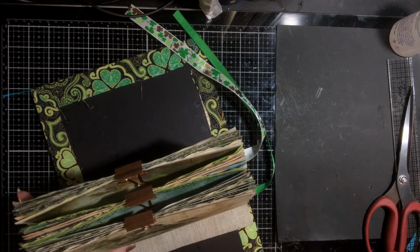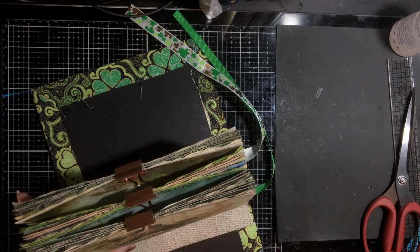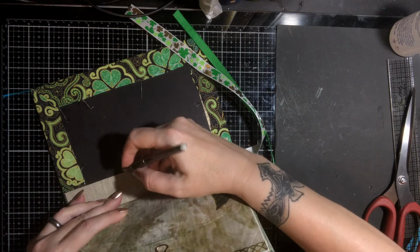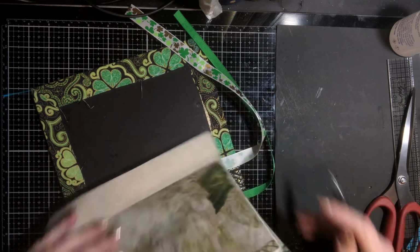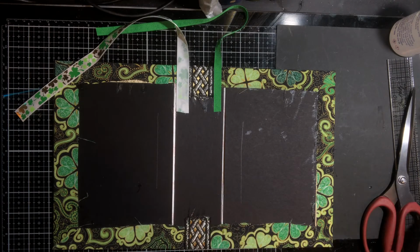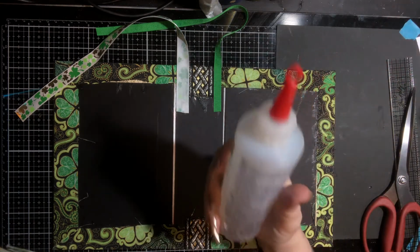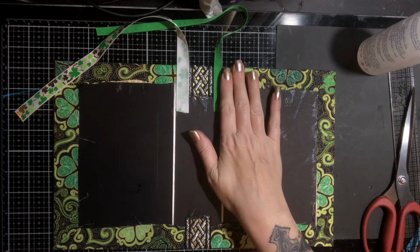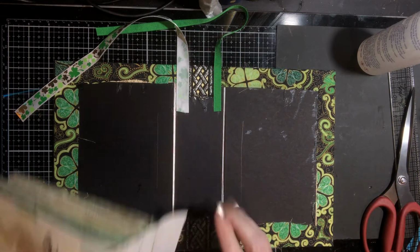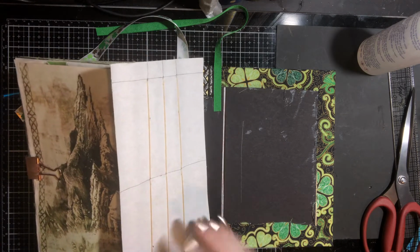And what I usually do is I will take my pencil and I'll kind of mark myself a guideline here on these pieces, just so I know. I don't know if you can see that. You can kind of see where the guideline is, because it's real easy to do these things wrong. Trust me on that. So what we're going to do is we're going to glue this down with our Fabri-Tac, and then we're going to glue the very center part first. So I'll glue this part right in the very center first,